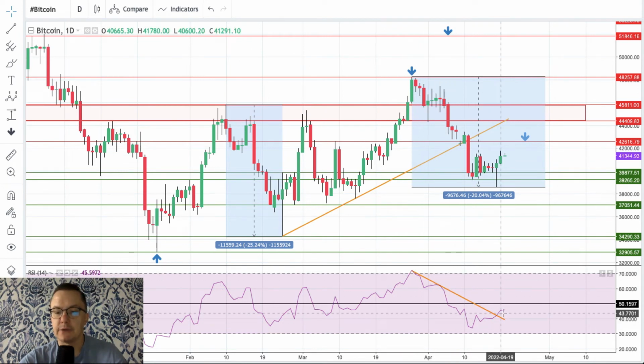Recently we got a breakout above the short-term trend line on the RSI. However, we are still below the level of 50, the neutral level, and the market is still under the control of bears. We need a breakout above the level of 50, which means we will most likely break towards 44,409, and then we will see, because this zone is